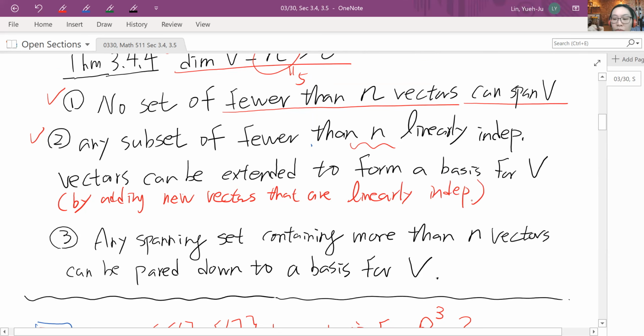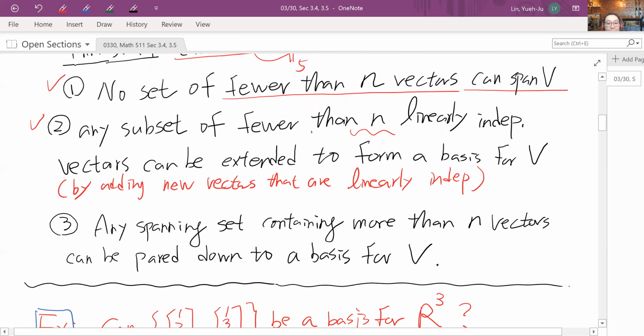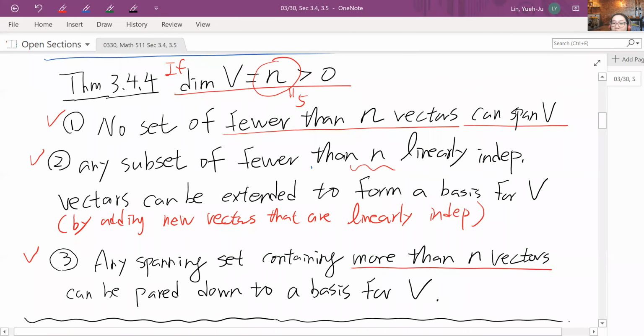I'm going to do a problem like this later on in a minute. The third statement says that any spanning set containing more than n vectors can be pared down or cut down to a basis. So now this is the other scenario. Again, I'm pretending the dimension is 5. If you give me 6 vectors, or maybe 7, let's say, then if you give me 7 vectors that span the vector space V,